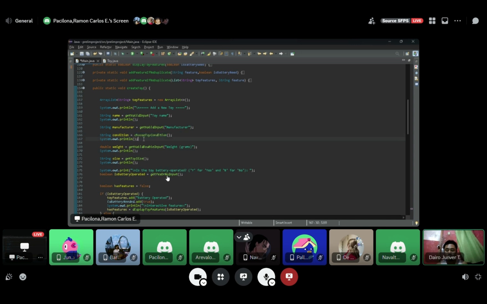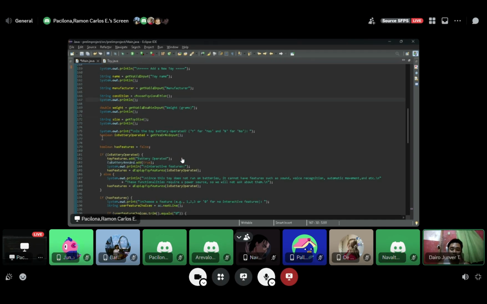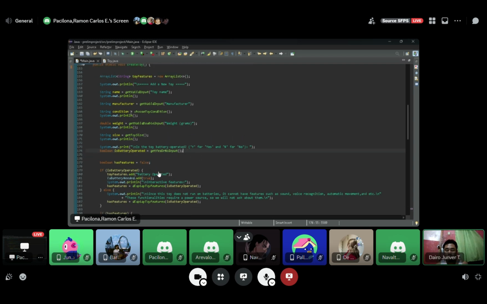Also, we have the boolean if-else for yes and no: if the user enters y it will be true, and for n it will not ask for another feature. So I use the get yes or no input method. So we'll go to that method.